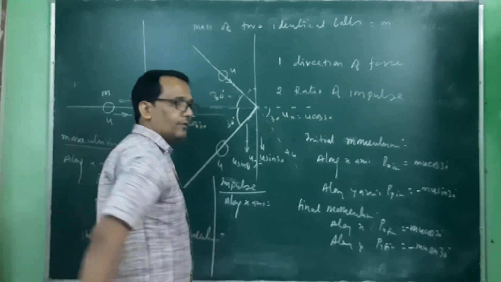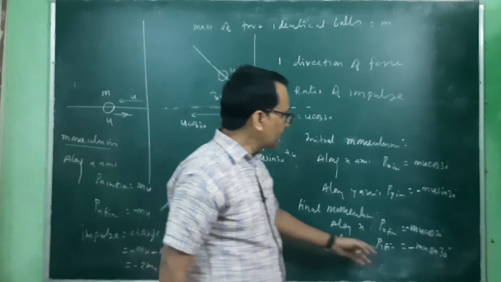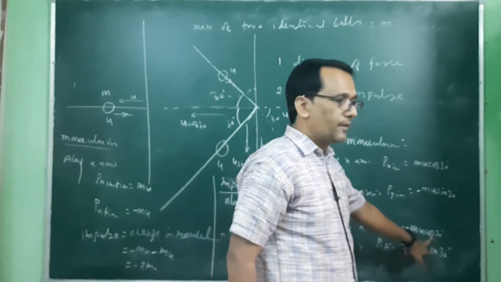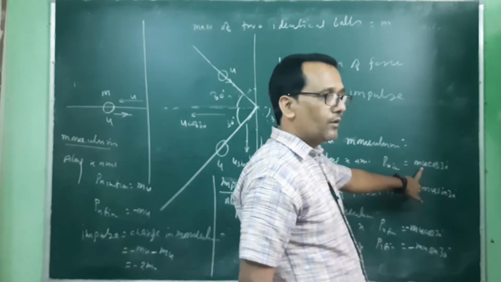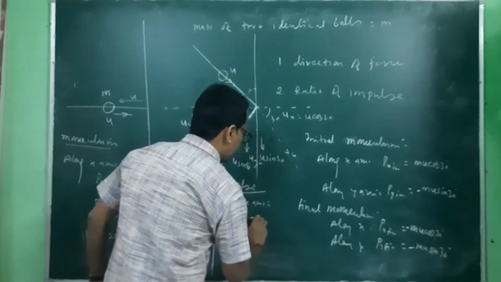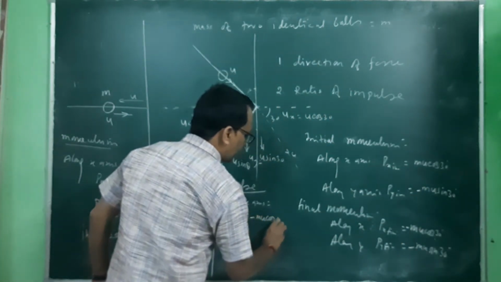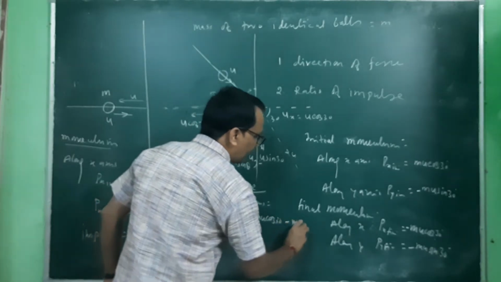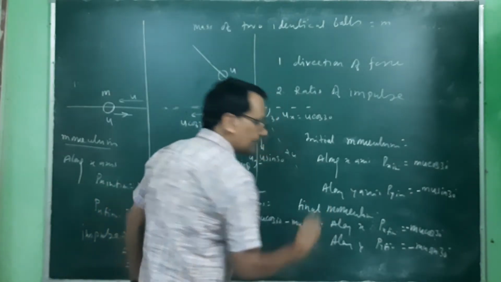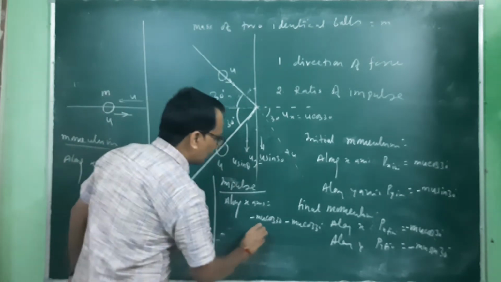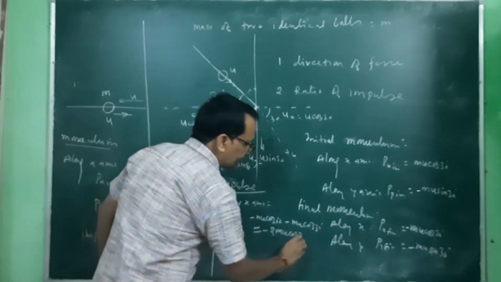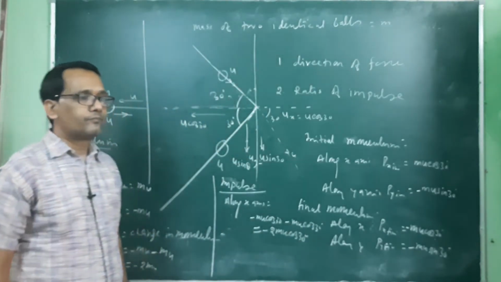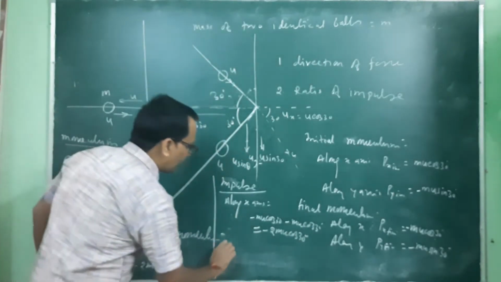x-axis. The final momentum is minus mu cos 30, and the initial momentum is mu cos 30. So this is minus mu cos 30 minus mu cos 30, which is equivalent to minus 2 mu cos 30 along the x-axis. And along y-axis